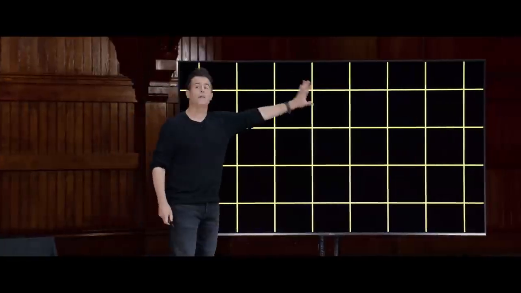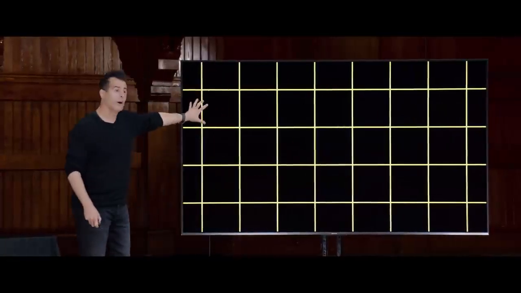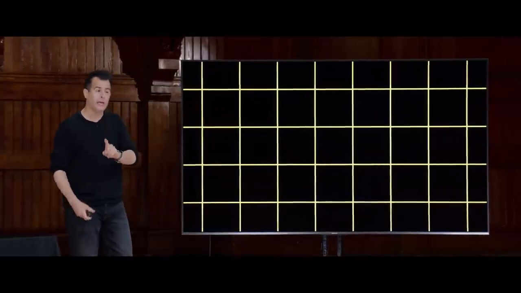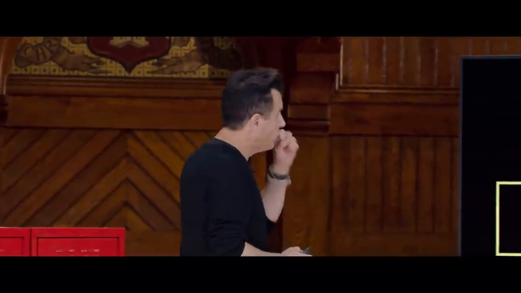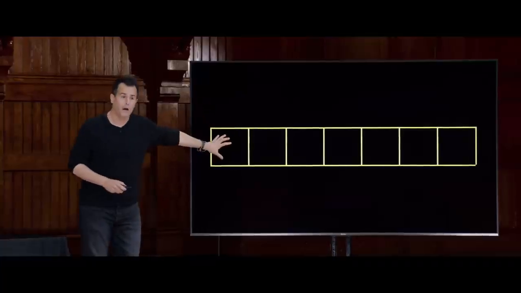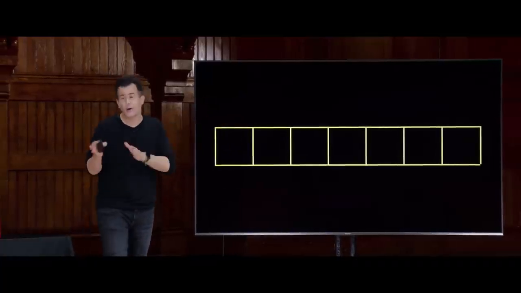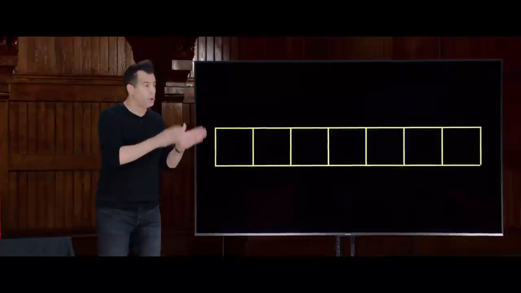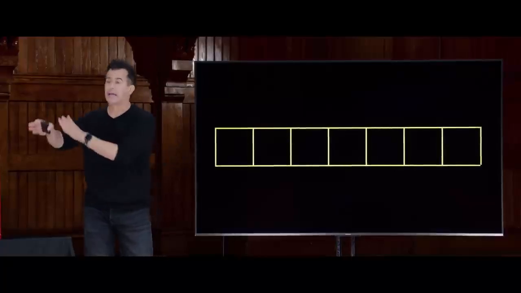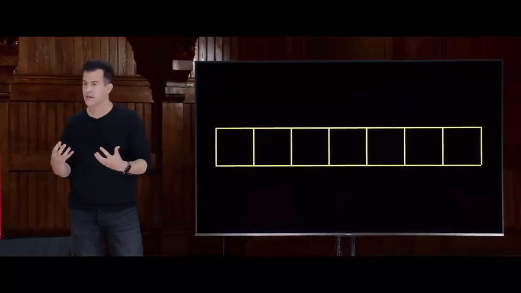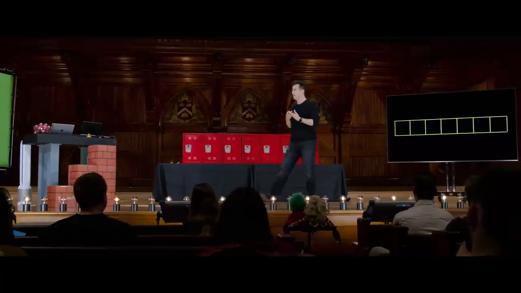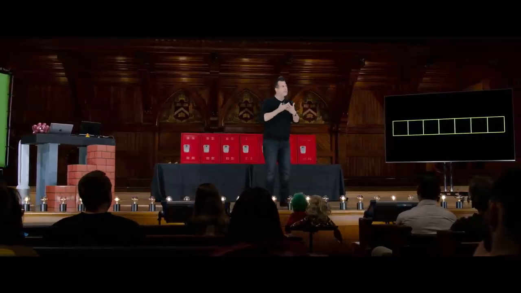So if this is just a canvas of memory, each of whose squares represents 1 byte of memory, how can we go about laying out information, be it names or numbers or web pages or anything else? Well, recall that we divvied this memory up into chunks last time, and we called this an array. And what was key about an array was that it was just a bunch of values back to back to back in memory, so-called contiguous. And it wasn't a huge deal last week that these things were contiguous in memory, back to back to back.